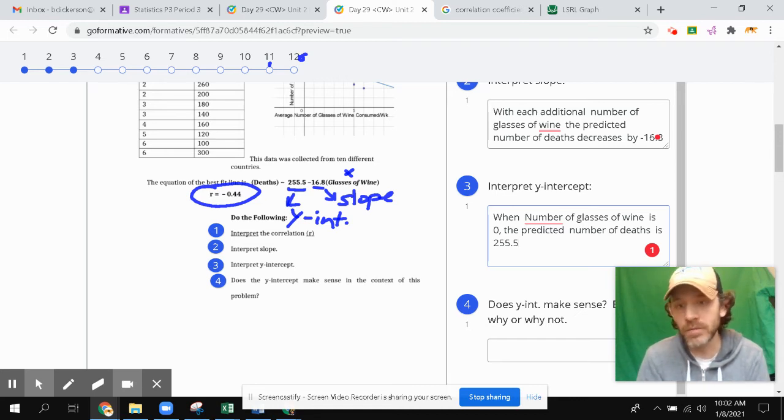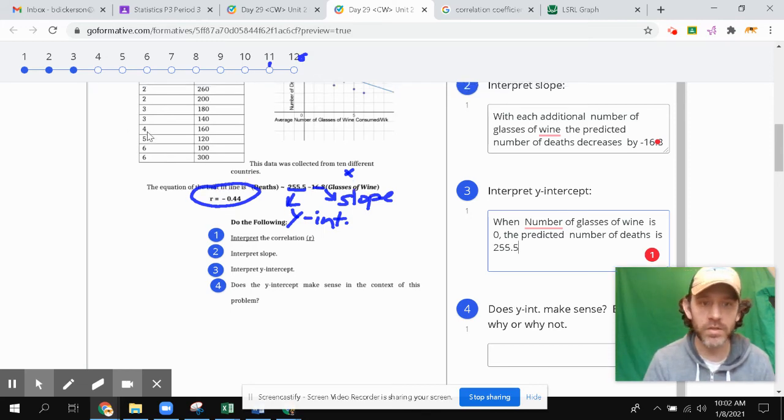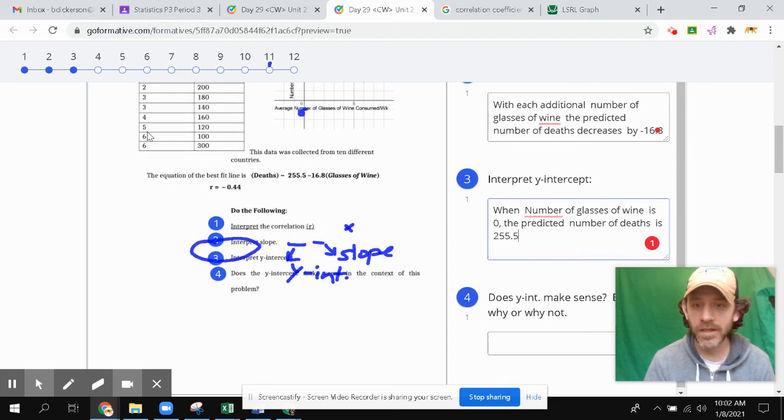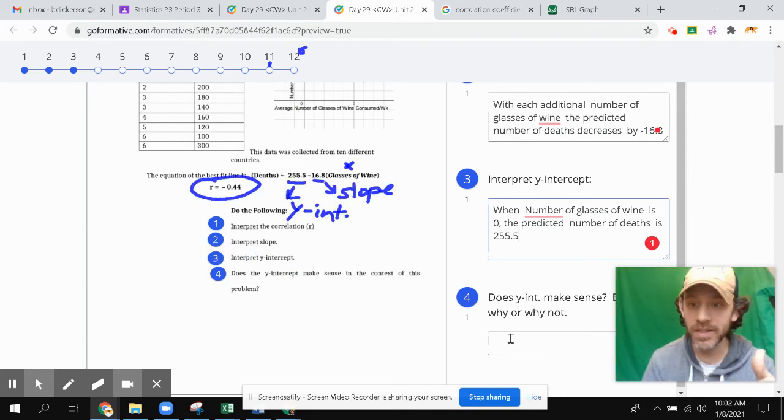Absolutely, that's possible. And can you have deaths from heart disease if no one consumes wine? Yeah, you can, because that could be caused by other things. So because both of those numbers could happen in real life in this context, for this problem we say yes,